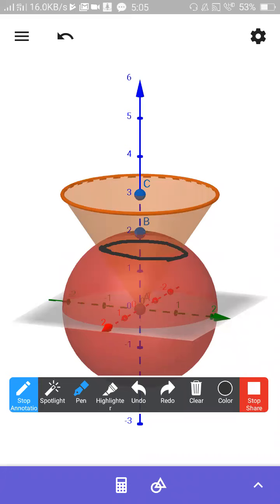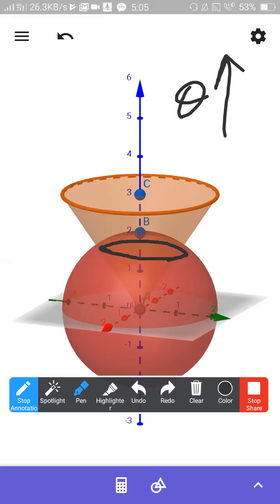What will happen if I increase theta? Now I got some circle by intersecting the cone with the sphere. If I increase the theta value, I will still get some circle. Will the circle be bigger than the existing one or smaller? Please be careful. I am going to increase theta.